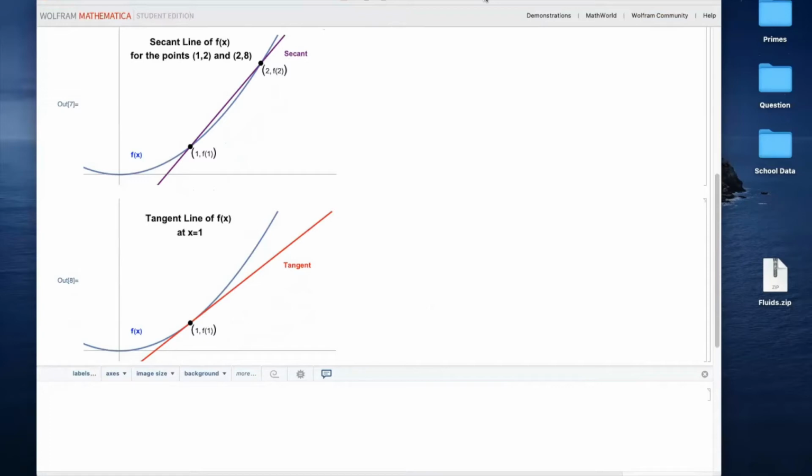So the first graph is an example of a secant line, right? And if we fix our x value to be 1 and send that second point to it, we get this tangent line. Now, what this functionally looks like,